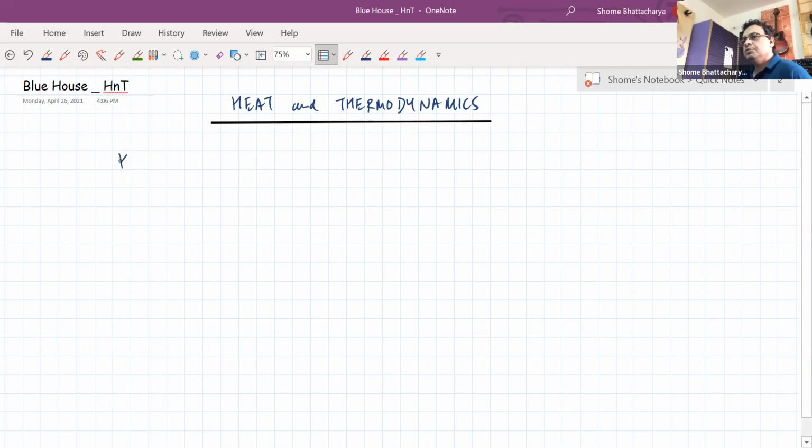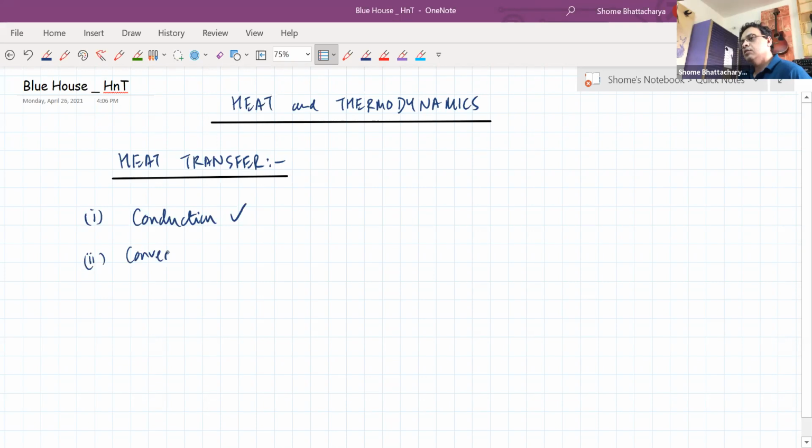Okay, so we have been studying heat transfer in the last couple of lectures. As we know, there are three modes of heat transfer: conduction, convection, and radiation. Conduction is something that we've already studied. Convection is something we will not really be studying as part of our syllabus, because convection is the primary mode of heat transfer